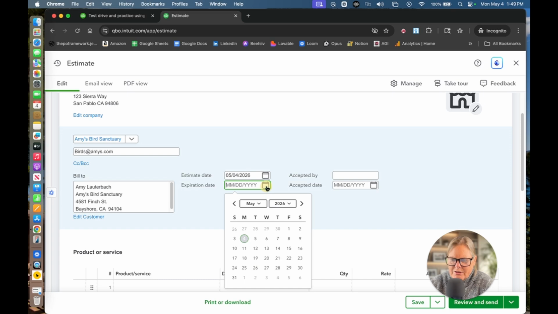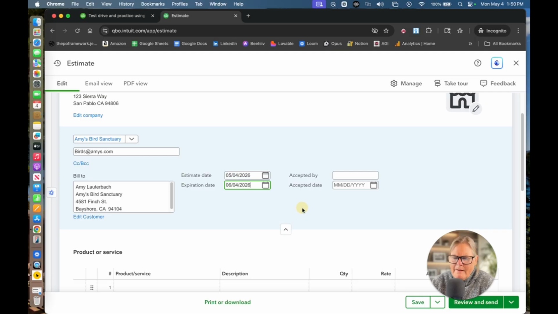Expiration. Now, it's very important you put an expiration date because something could happen. Maybe you have a family emergency. Maybe Amy has an emergency. What if you can't get to finish this job for 3 months? And with fuel prices in flux, that could make things go up. It may or may not in that short of a time, but you don't know for sure. So I would at least put, if I'm Craig, I'd probably put a 30-day